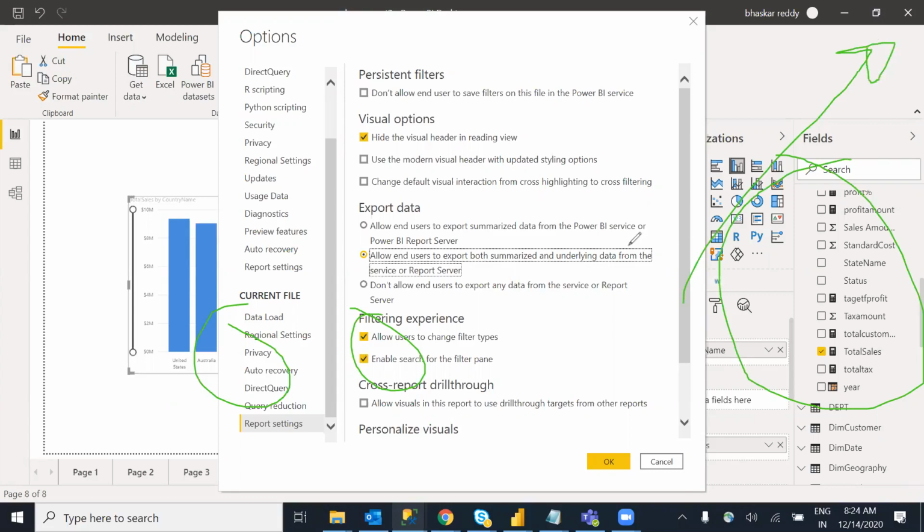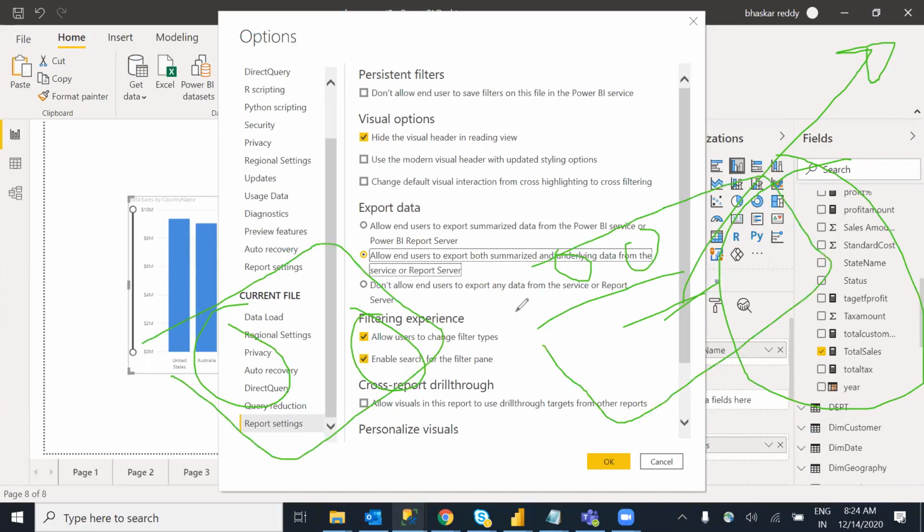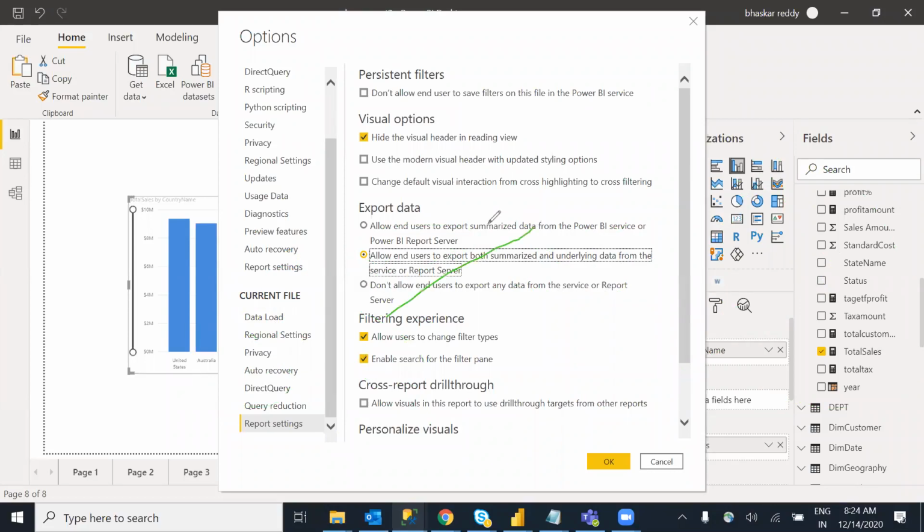Entire Excel file, all the columns, country name, sales name, each and every row. For example, we have 50,000 records. Summarized data in the sense of country wise sales, so it comes as 8 records. This is summarized data. Underlying data is the raw data. As of now, you can export a maximum of 1,50,000 records only. If you have 10 lakh records, you can't export that much data into your Excel file.